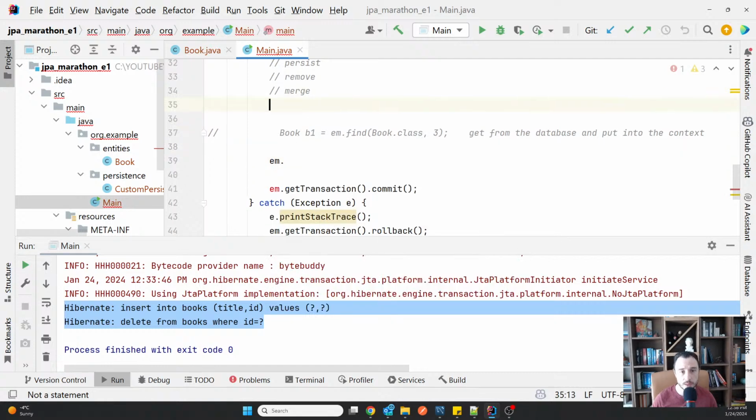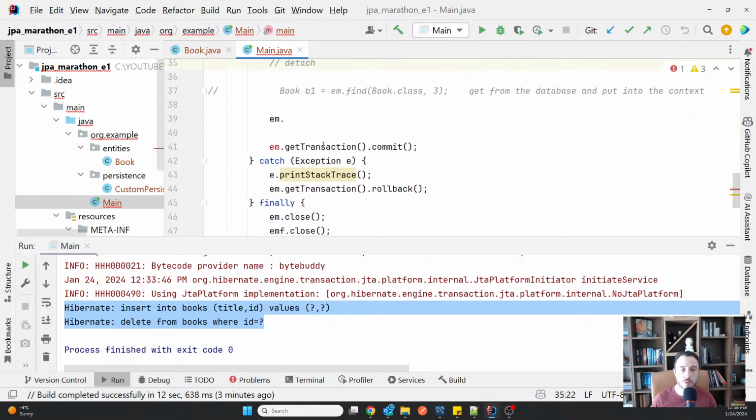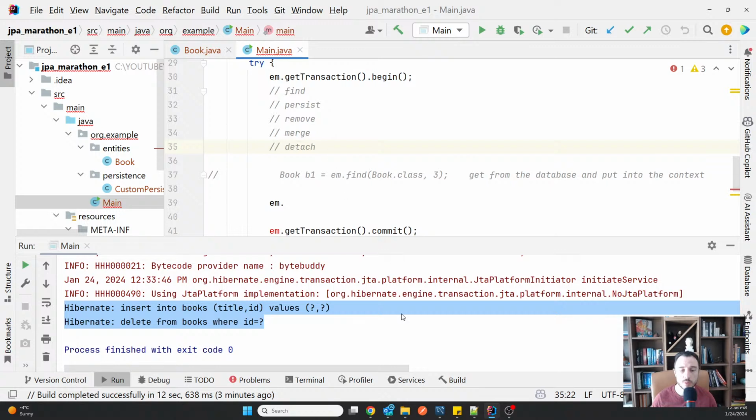And then detach, which is the opposite. So you don't want to remove it. You just want to detach it from the context. Okay, just want to take it out of the context without removing it.